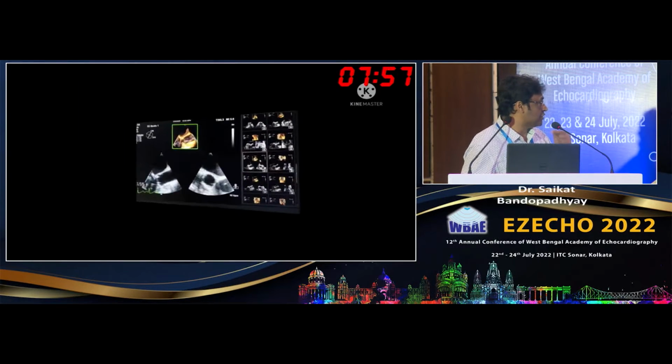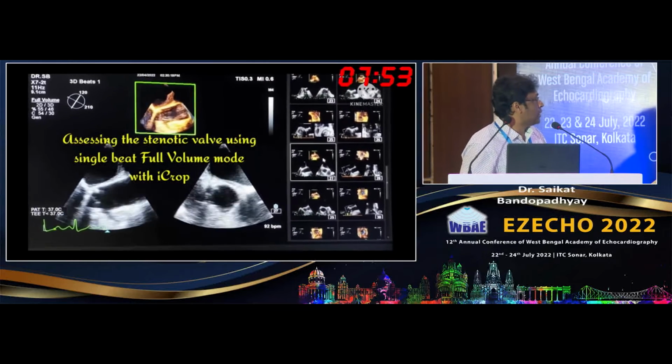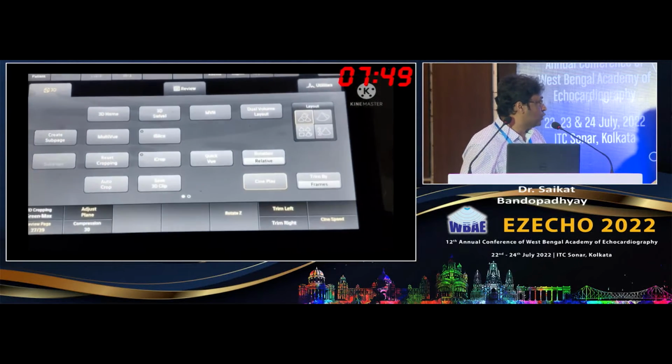There's a high gradient, around 57. So this is a full volume. The green box tells you it's a full volume image. And there's a very interesting tool called the iCrop, and you can use that tool to